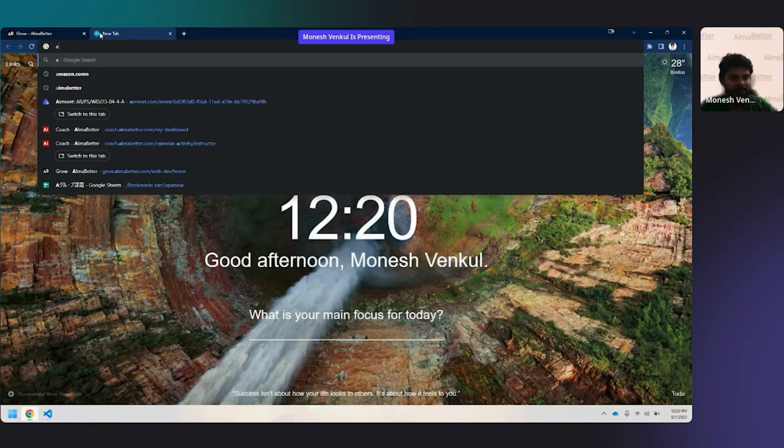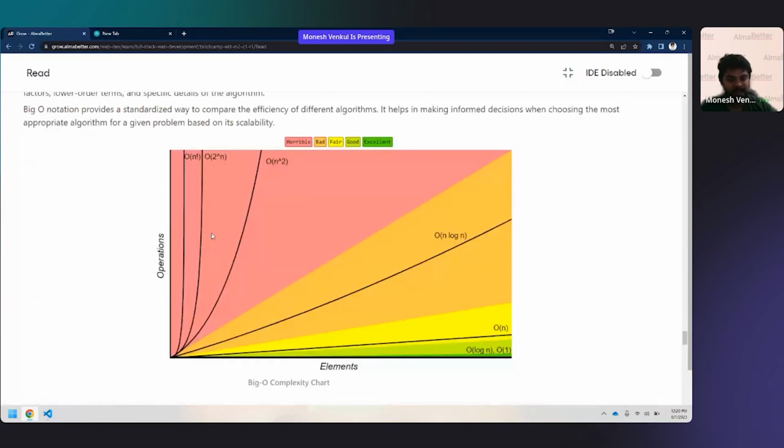Now it's time for me to show you a chart. This is the chart. In your complete life, you need to remember this. Even if you got a job, even if you are married, even if you have kids, even if you have become a grandparent, you still need to remember this chart. It will be throughout your life. Why? Because